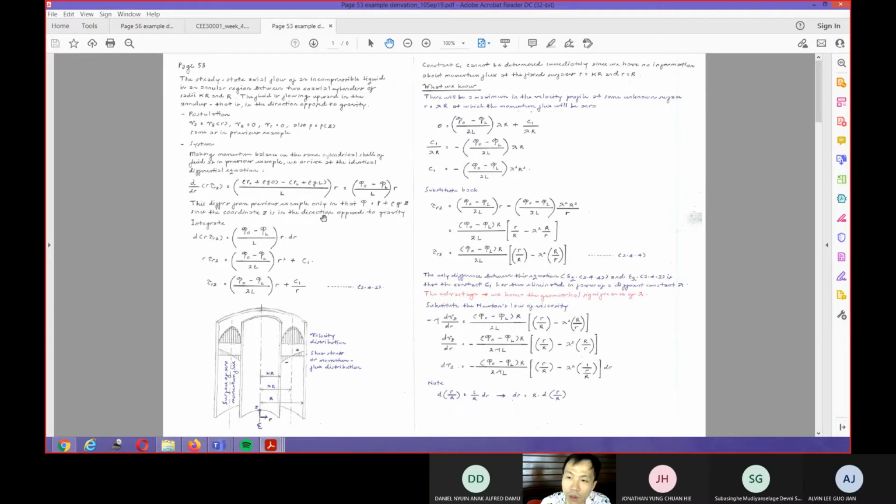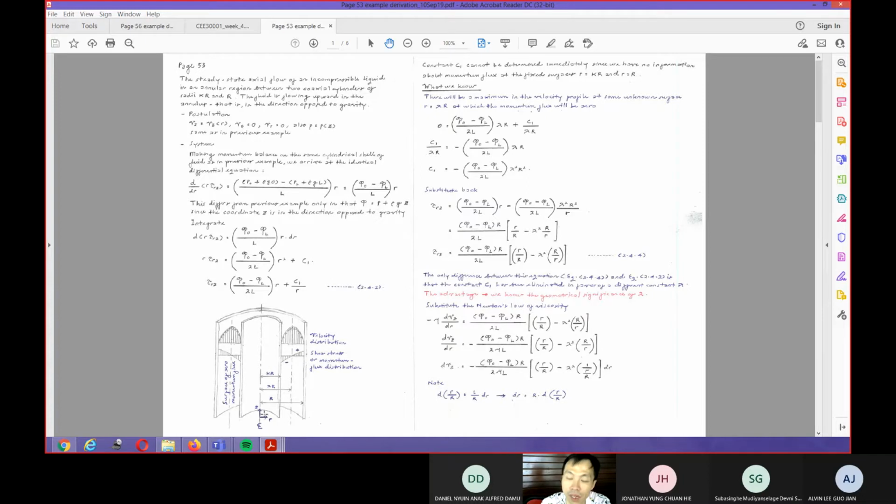So we have gone through and described it. The difference between this one and the flow through a circular tube is that the boundary conditions are different. All the derivations are the same, but since we are taking the coordinate differently, we are taking it at this particular point with the z direction opposite to the case for the flow through a circular tube.